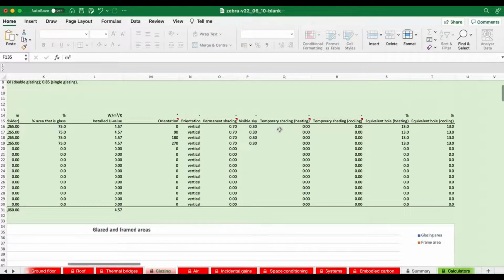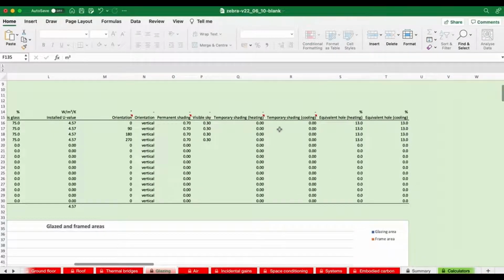We haven't got any temporary shading, but if we just consider those facts, then only 13% of the light is getting into the building during the heating season and the cooling season that would get into the building if the glass was not recessed into the walls, if there were no surrounding shading objects, if the glass didn't reflect some of the value due to the g-value.